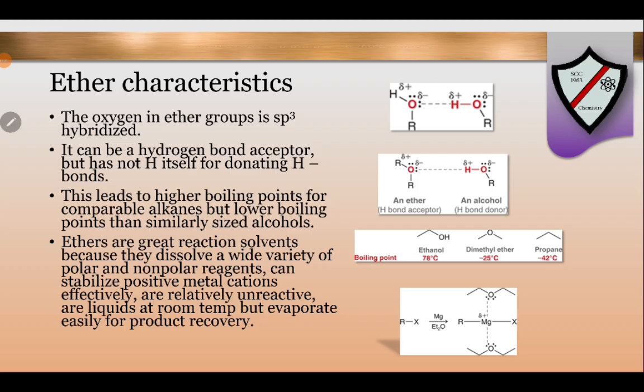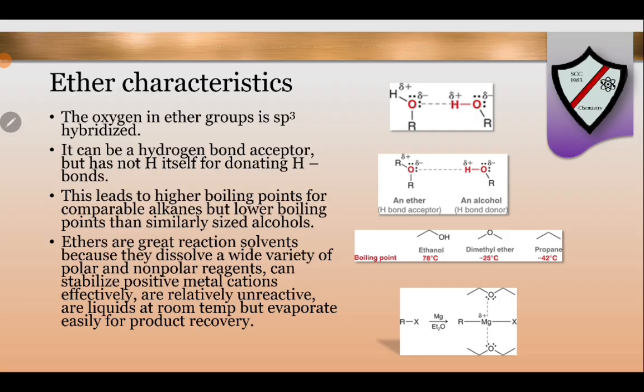We can engineer them such that the alkyl chains will allow us to dissolve nonpolar substances rather well, but the lone pairs on the oxygens give us the ability to dissolve polar substances, so we can dissolve ions into organic solutions